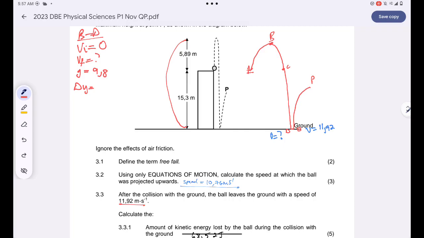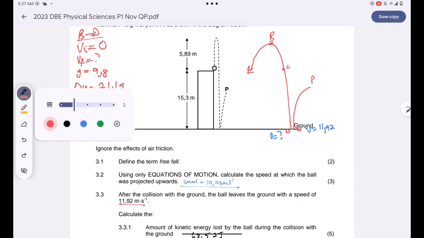5.89 plus 15.3. I'll simply get 21.19. Remember that whenever the ball moves from maximum height to the ground, our ball is being displaced vertically downwards, which simply means that our displacement will be positive. Right, together. So for us to find the velocity or the speed of the ball at point D, all we